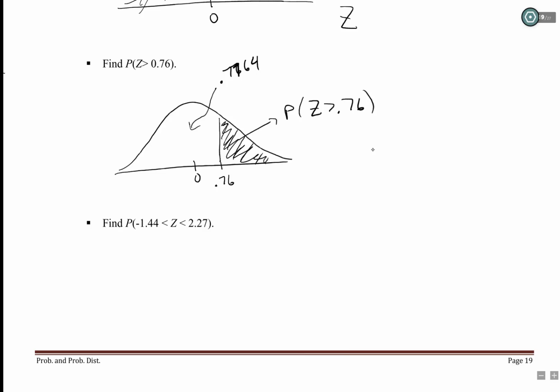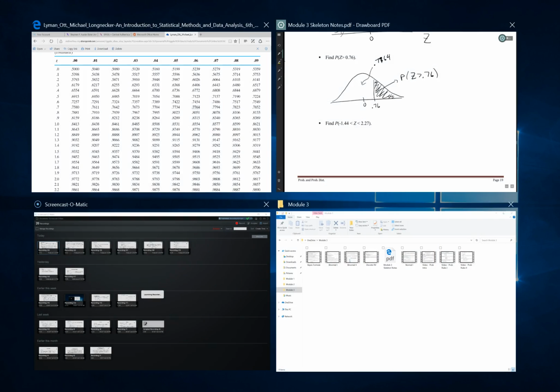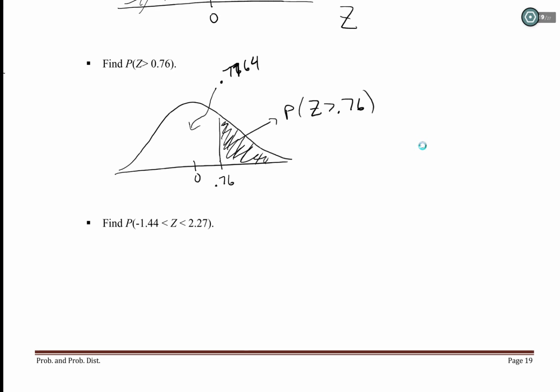Was that what that was? I forgot. Yeah, 0.7764. Okay, so then this area to the right of positive 0.76 is 1 minus 0.7764. And so you take the difference there, and you get